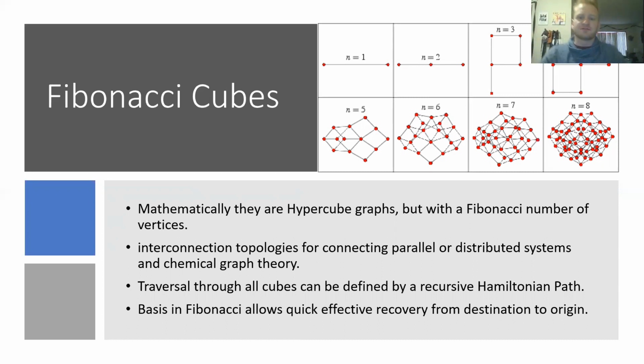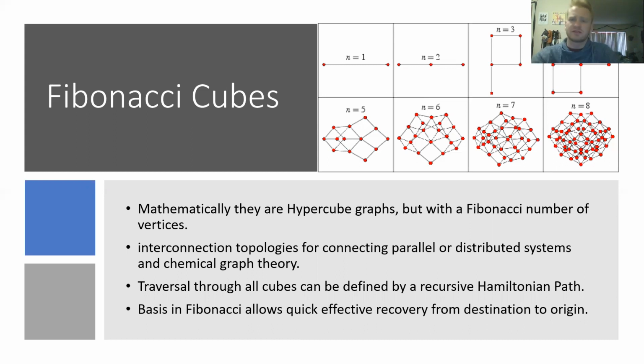But why these are different than simply hypercube graphs, and why they were originally made for distributed systems, is because all Fibonacci cubes, no matter what size, can be defined by the same algorithm to create a Hamiltonian path within it, meaning that no matter how much your cube grows, the same algorithm will produce a Hamiltonian path. And a Hamiltonian path is simply a path that connects all nodes without hitting a node twice,